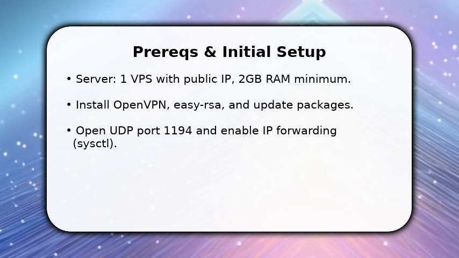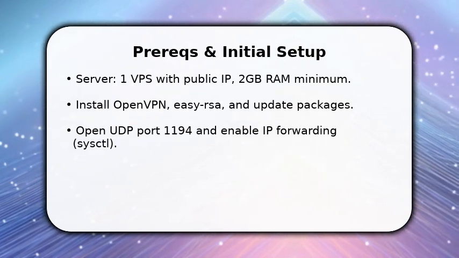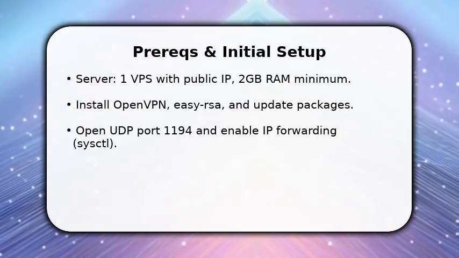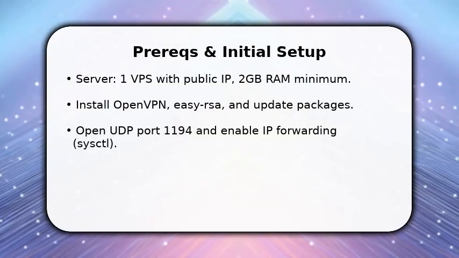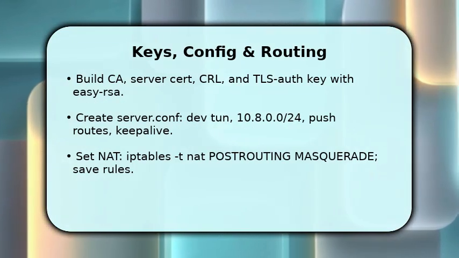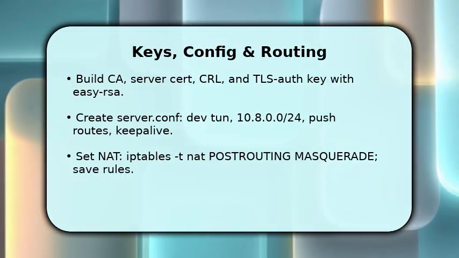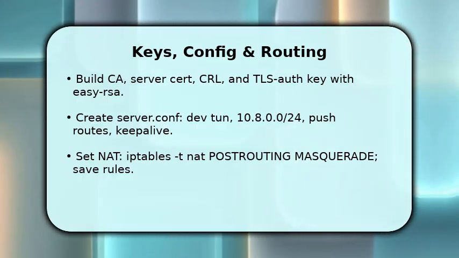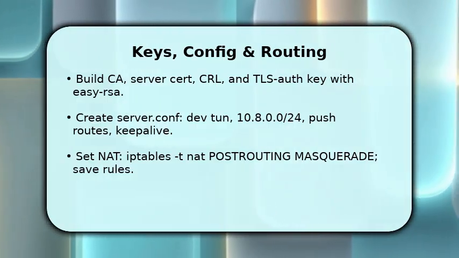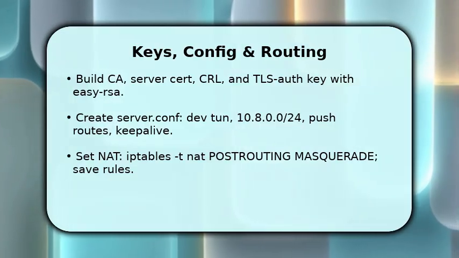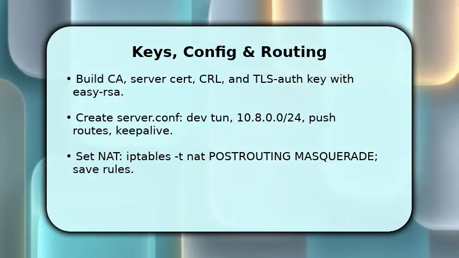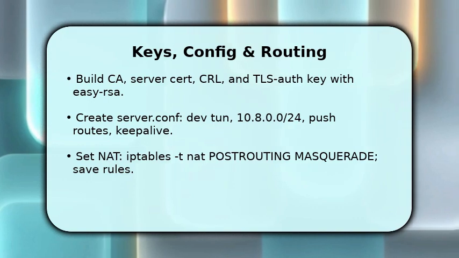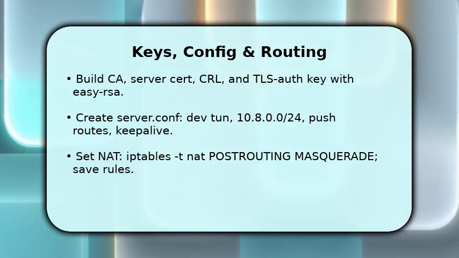Next, you generate keys and configure the server so clients can authenticate securely. You now generate the CA, server certificate, and a TLS auth key using EasyRSA. This protects against MITM and UDP floods. Then write server.conf, use dev tun, assign 10.8.0.0/24 for VPN clients, push DNS and routes, and configure keepalive to detect dead peers. Once configured, implement NAT with iptables -t nat -A POSTROUTING -s 10.8.0.0/24 -o eth0 -j MASQUERADE, and save rules so traffic from clients